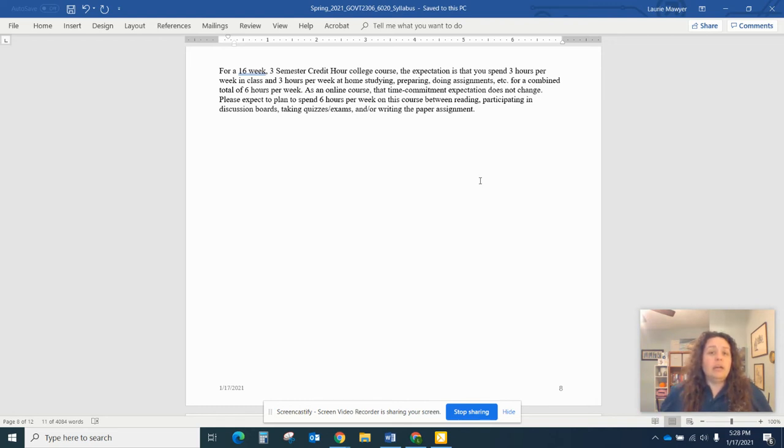So it's kind of what you can reasonably expect, I guess. If you're a faster reader or you're good at gleaning information, you might spend 2 hours. If you're a slower reader or you're really interested and want to read everything and do every activity, even if it's not for a grade, you might spend 6 to 8 hours. It's going to depend on how much effort you put in and where you're at academically, with note taking and reading and your background understanding of government already.